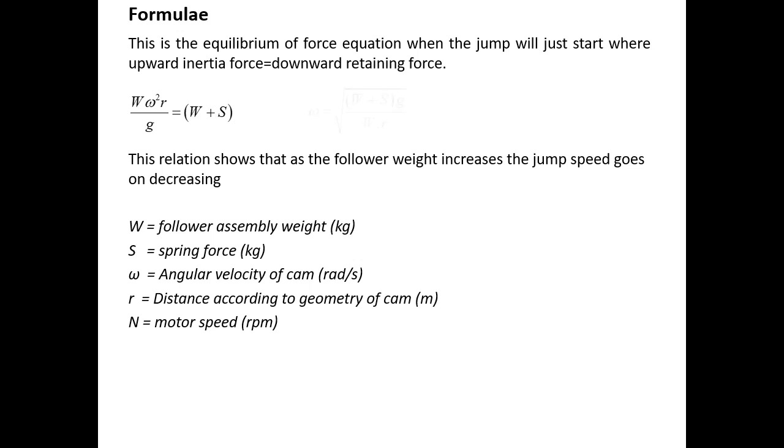So from this equation, we can find out what the angular velocity will be if we keep on changing the weight on the follower. Now, there is another formula for omega, 2 pi N by 60. This N is the synchronous speed of the motor that can be controlled through a variac, and that can be measured through a proximity sensor. I will show you in the video. So using this formula, we can see what phenomenon is occurring.